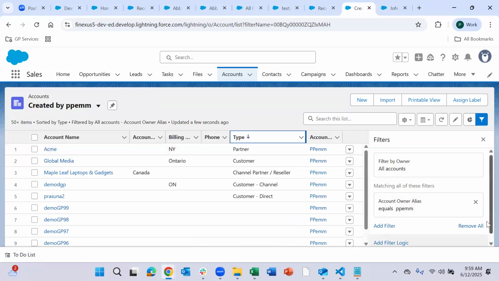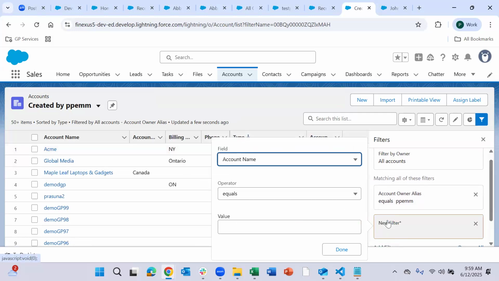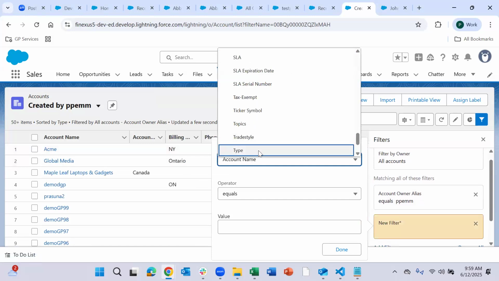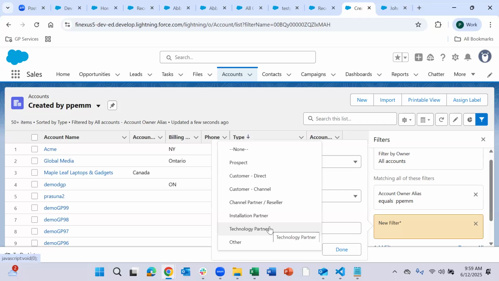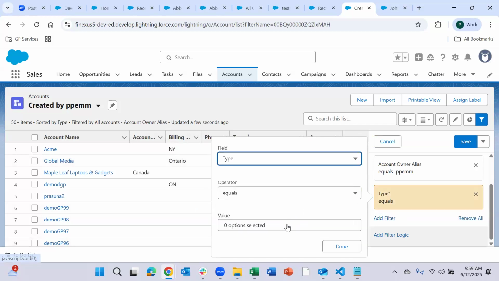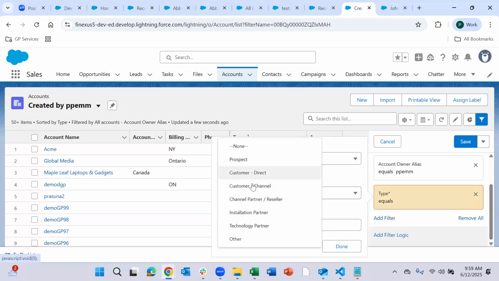Let me create another filter, where type is, what is the type? Partner. So account type equals prospect is there. Why is the partner not there?